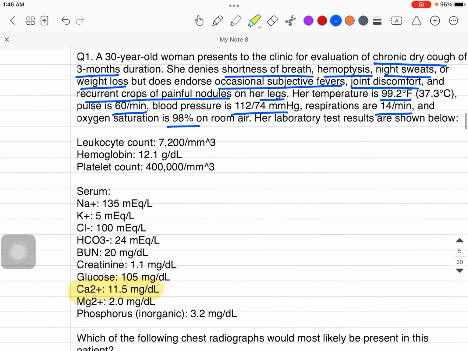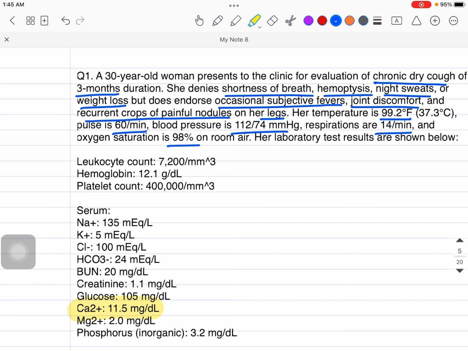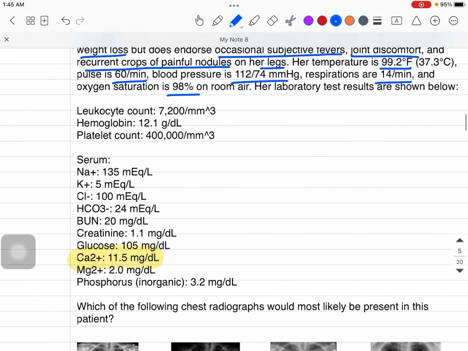So I would say first of all we should diagnose, then we'll talk about the x-rays. They said that the patient is having fever, joint problems, polyarthritis, joint discomfort, or I can say arthritis. The patient is having nodules on the leg, skin involvement, erythema nodosum, right? So these kinds of things are seen in what? Yeah, looking like acute sarcoidosis. So this is the diagnosis. Yes, the diagnosis will be sarcoidosis.